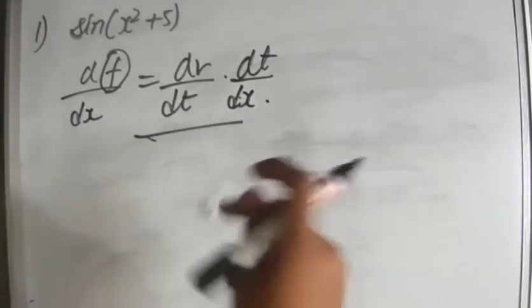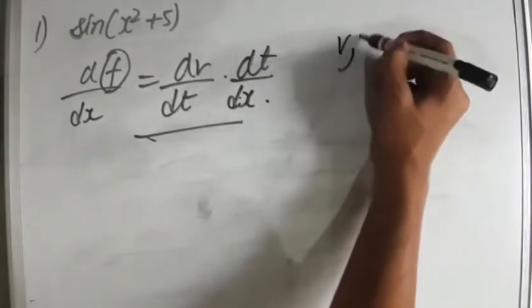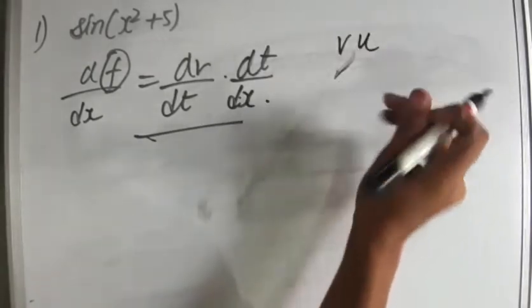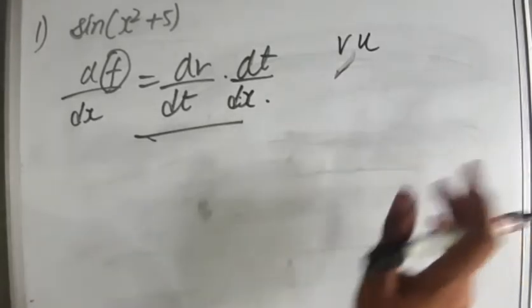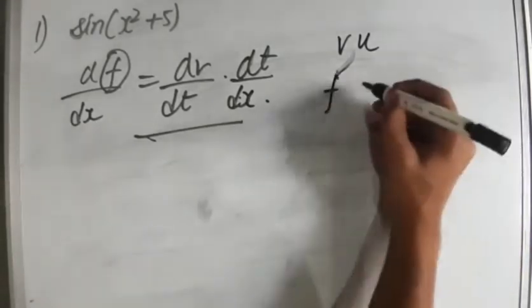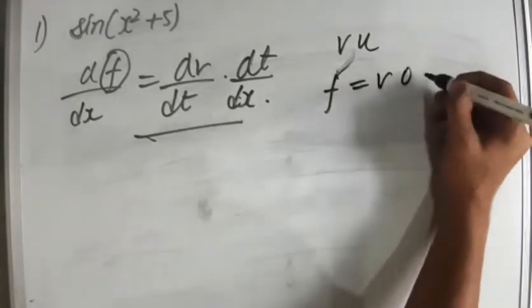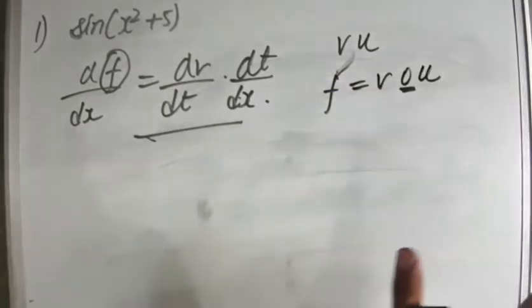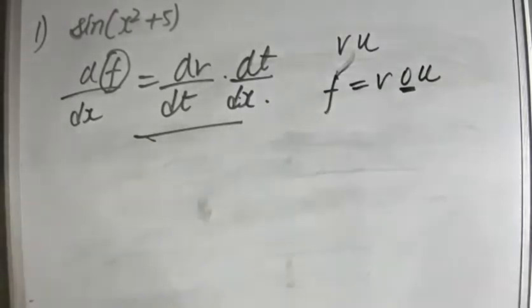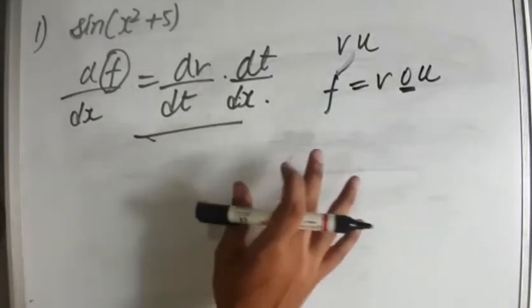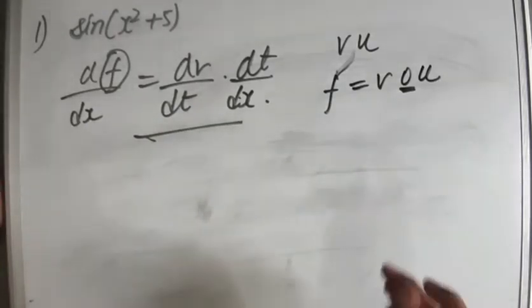First of all, we are given this v and u, and we need to differentiate these. v and u are supposed to be functions such that f equals v of u. This is composition, and you know that this notation was used in our very first chapter, relations and functions. And so this is what the chain rule is.